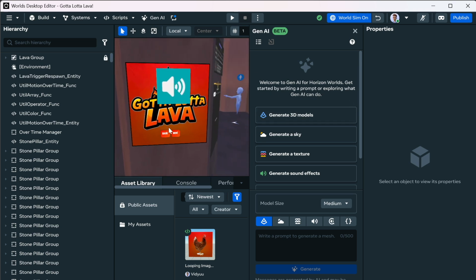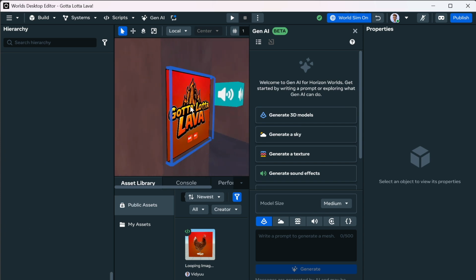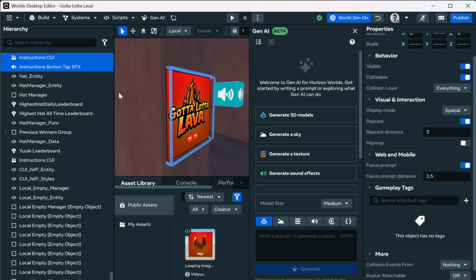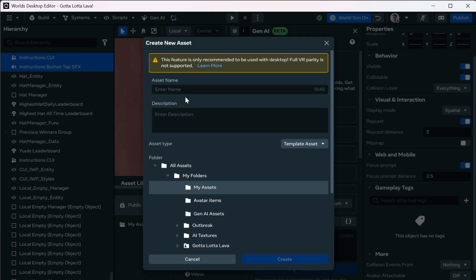There it is. All right, here's the instruction board. Now, we'll notice that this asset comes with a sound effect. In here, it just needs the sound effect. Everything else is an extra asset. So shift, click, and then right click, and then create asset, which we're going to call instruction board,